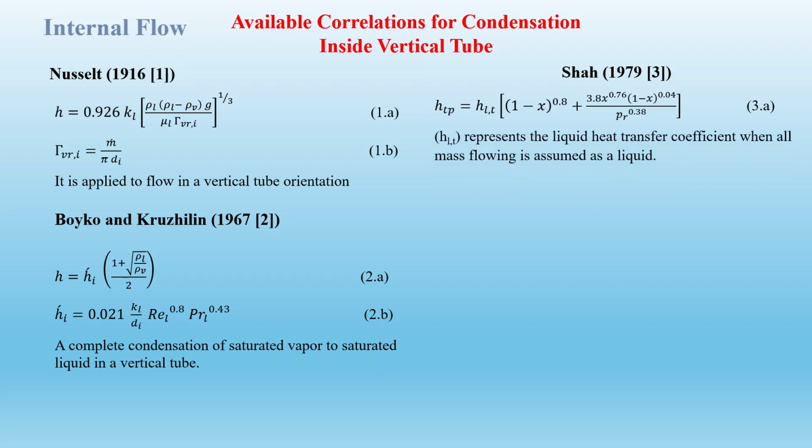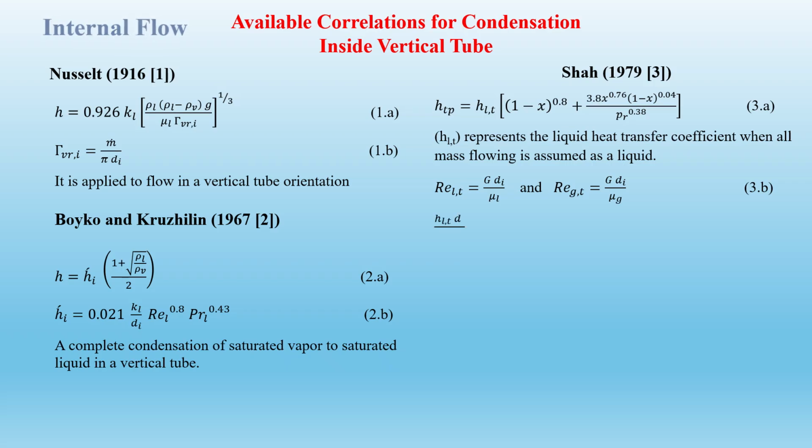And we have h_LT, which refers to the heat transfer coefficient when all mass flowing inside the tube is assumed as a liquid, which can be calculated from this form in 3b, where G represents the mass velocity or mass flux of the flow rate of vapor inside